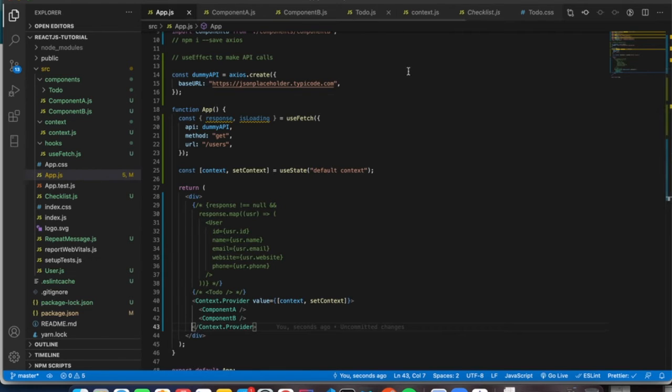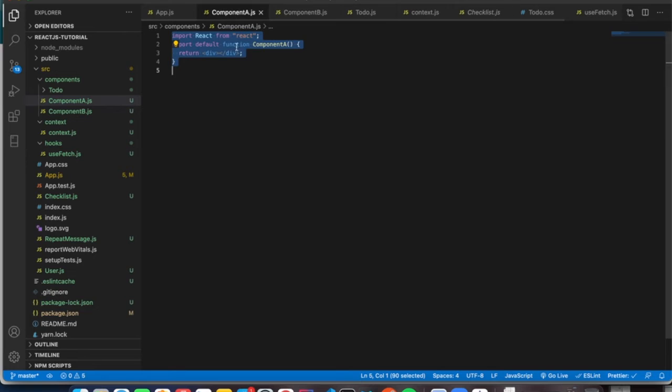For your understanding, suppose I'm going to use this context and print a value in component B. In component B, we have to import that context, and we have to use the useContext hook in order to use the particular context value. So let us import the context first, which has been created, from the context folder.